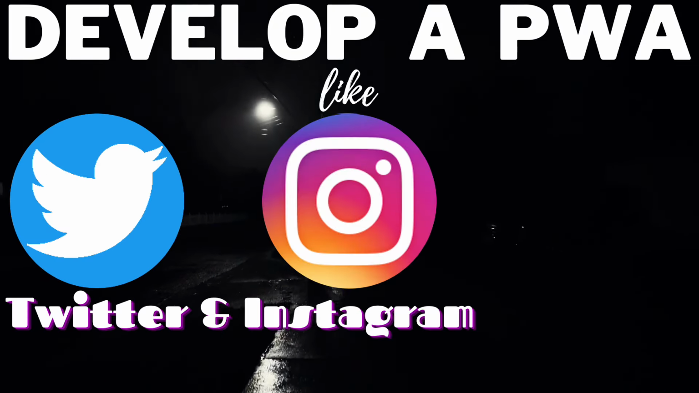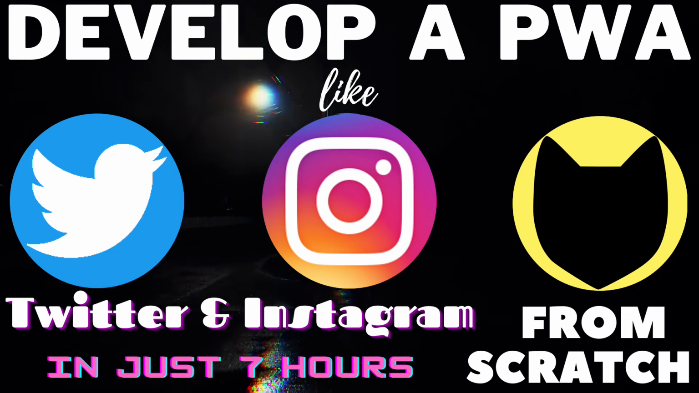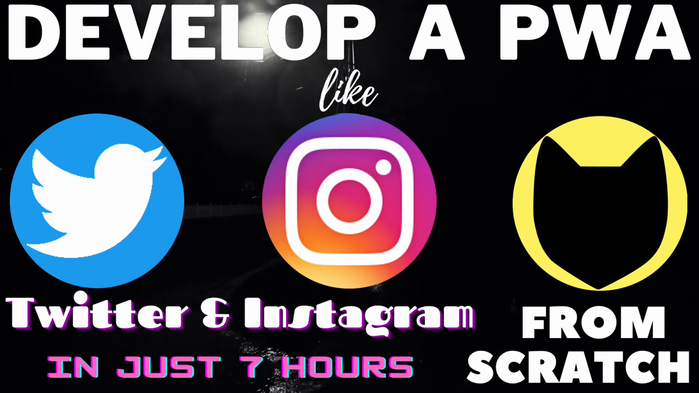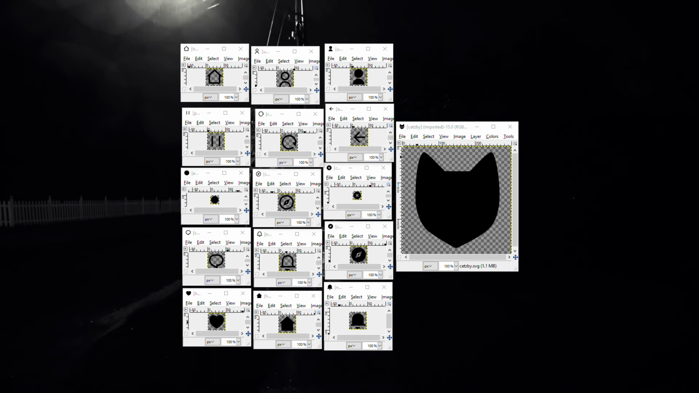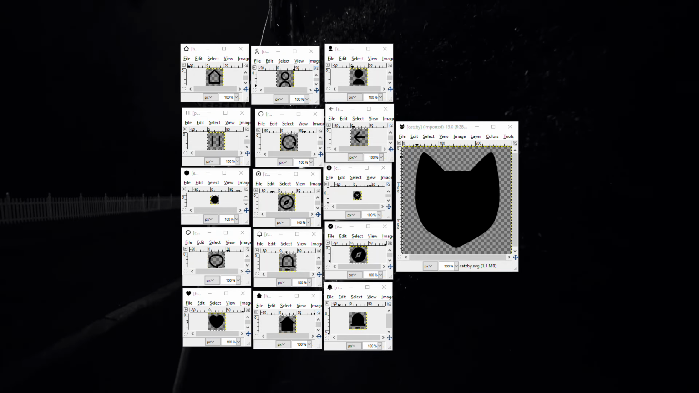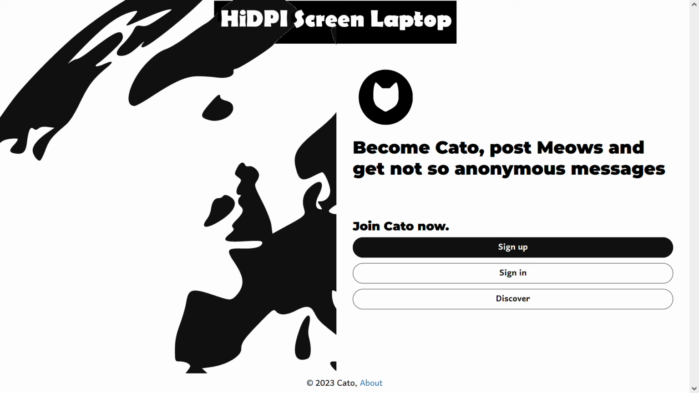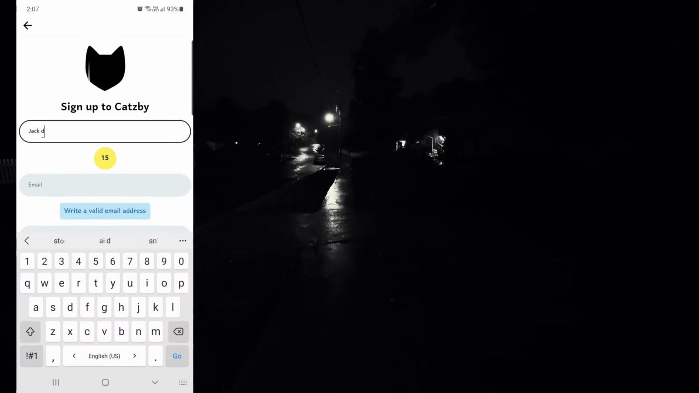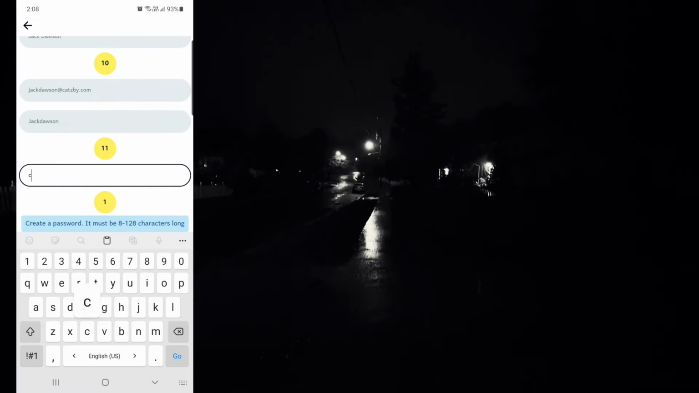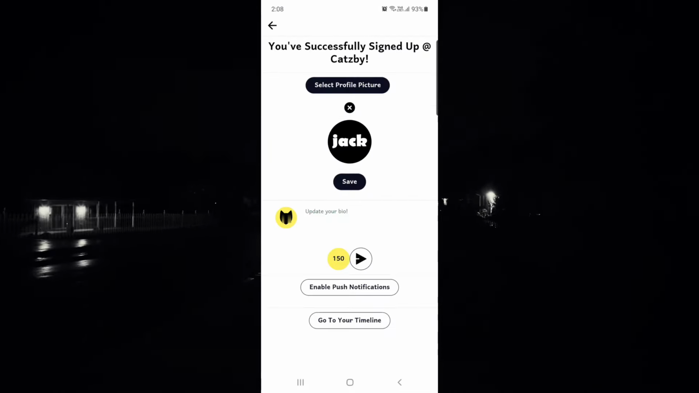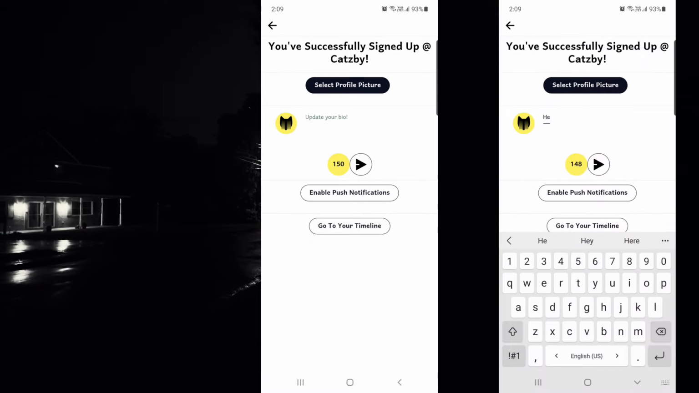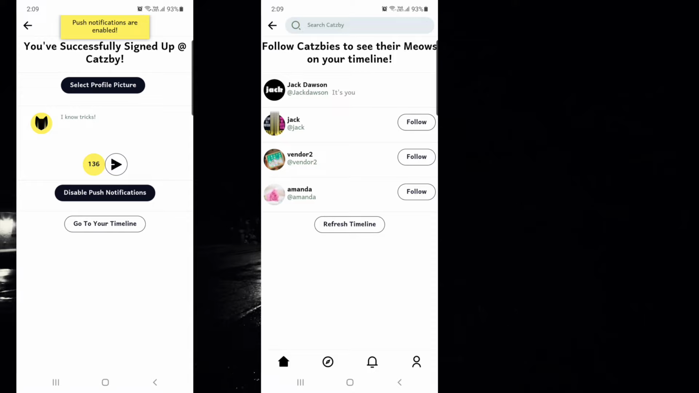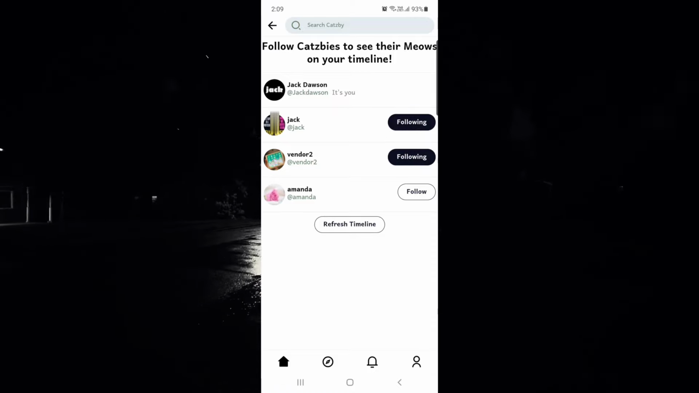I brought you a course where you'll learn how to develop a progressive web app like Twitter and Instagram from scratch in just 7 hours. In this course, you'll learn designing the vectorized logo and icons, designing the social network layout for different devices, signing up to the social network, uploading the profile picture, updating the bio, enabling the push notifications, following the users, setting